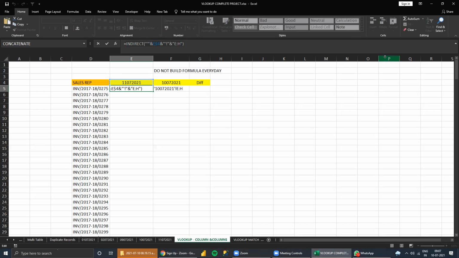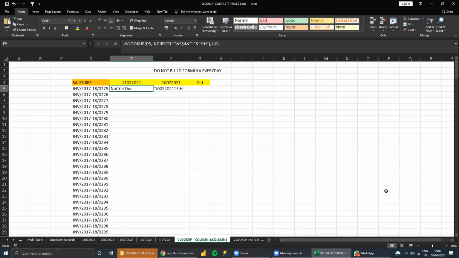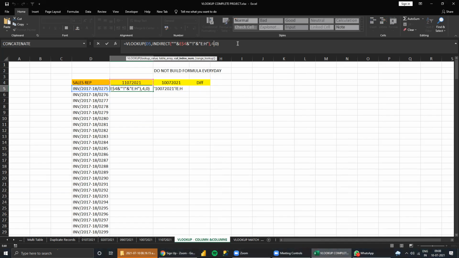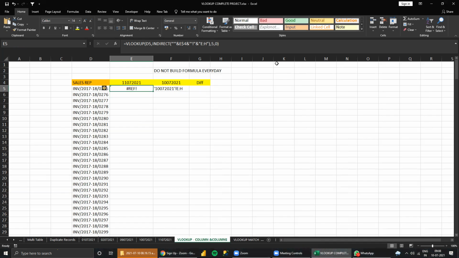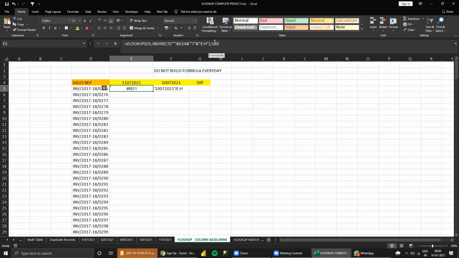Okay? Now copy this equal. Now we look up. Now, for the table array, we have the formula, paste it. So what is the value? Maybe the fourth column, we'll change this, then 0. Not the fifth column. Fifth column? No, what is it? The third column at least. Third column? Yes.